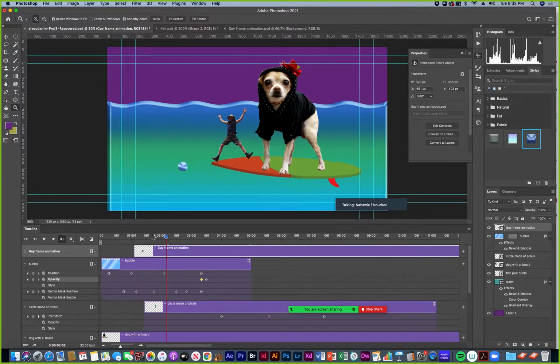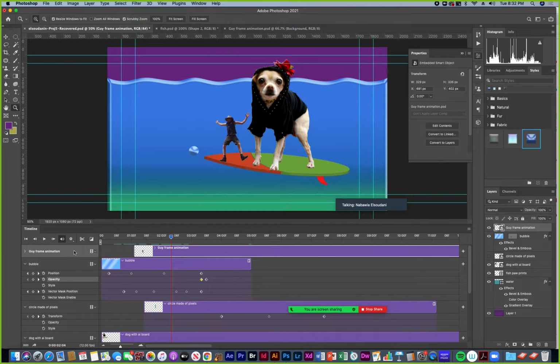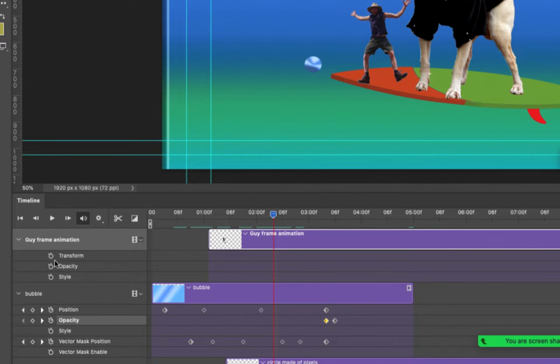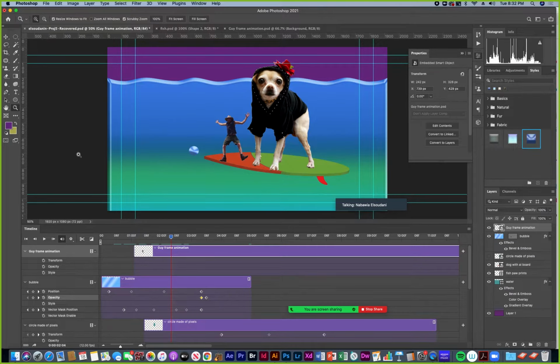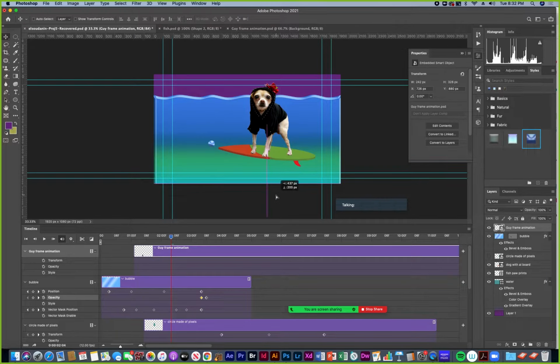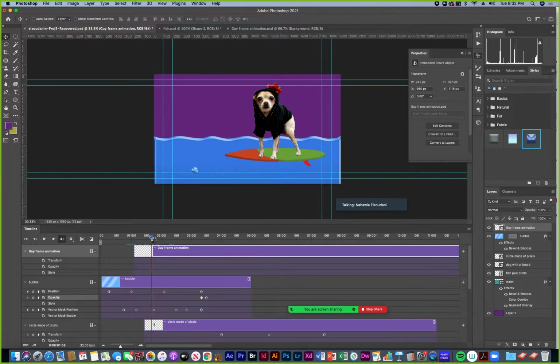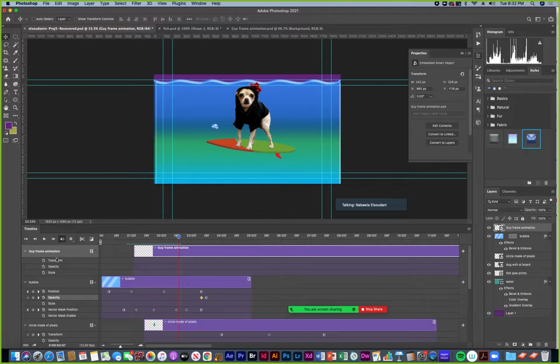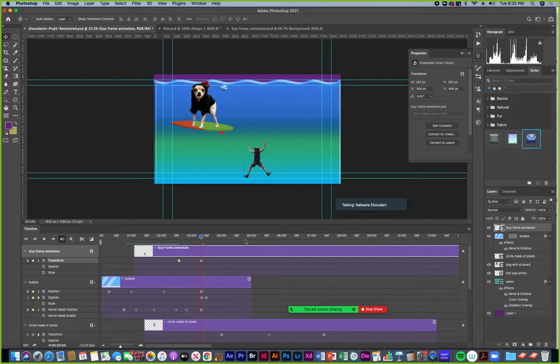So now it looks like the guy is swimming. On this one I can open it up, and this one is already a smart object, so I have transform, and I can decide when I want this guy to swim in here. I can move him out of frame. Let me zoom out here and decide when he's gonna come in. Right about now, as the dog starts moving away, I can click the stopwatch to start, and then move the guy in. He's swimming in. Move up.